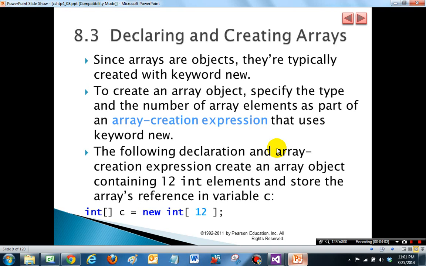Since they are objects, they are typically created with the keyword new, so in effect we are implicitly invoking a constructor, and the number of elements of an array is typically specified in an array creation expression. So here is an example of it. We are going to declare an array that has elements of type integer, and we will call it C, and the syntax int square brackets C equals new int square brackets 12 shows that this will be an